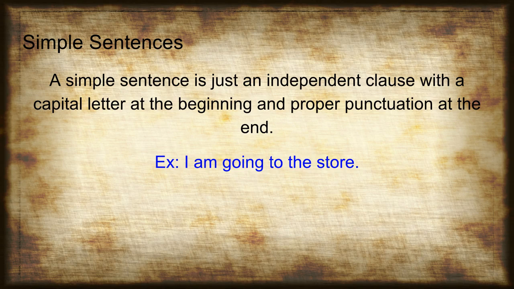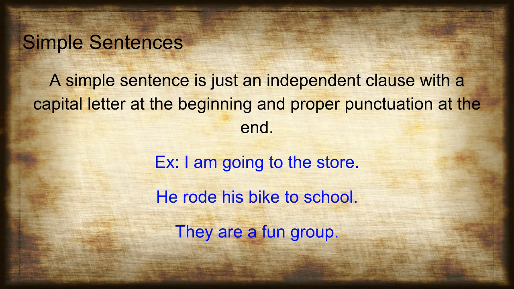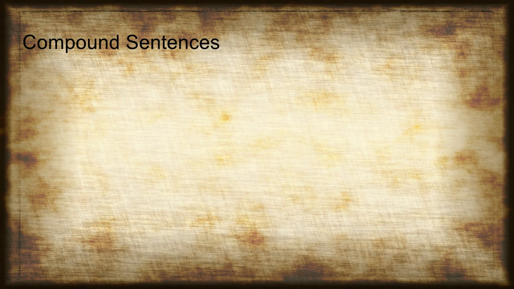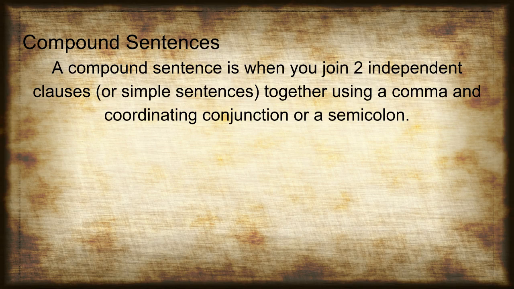Examples are, I am going to the store. He rode his bike to school. They are a fun group. So each of these can be independent clauses on their own, but when we add the punctuation and proper capitalization, they become simple sentences. Compound sentences are where you combine 2 independent clauses or simple sentences together using a comma